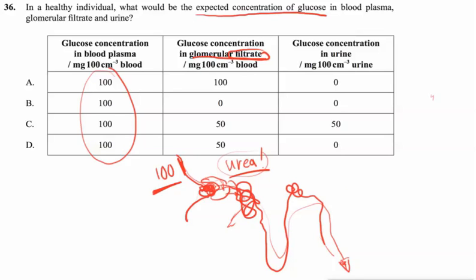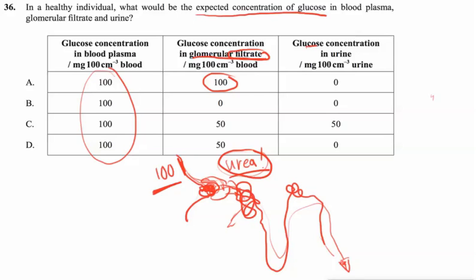There's no selective filtration here. This is actually trying to bring out small molecules, in particular urea, but large things like blood cells and enzymes and hormones are not actually coming out because they're just too big. But all of the glomerular filtrate that comes out will actually contain all of the glucose that was entered into here. So we should get the same number, which leads us to the answer of A already, but let's just